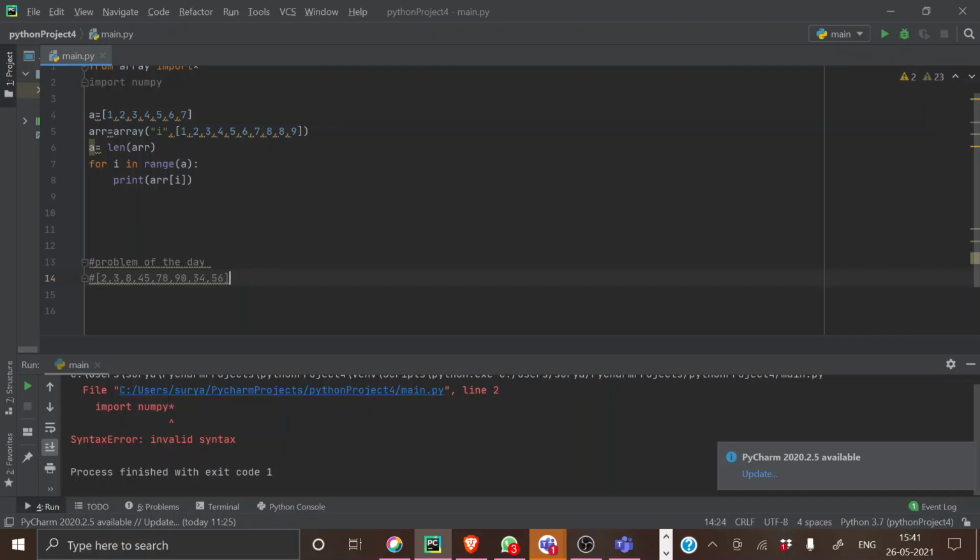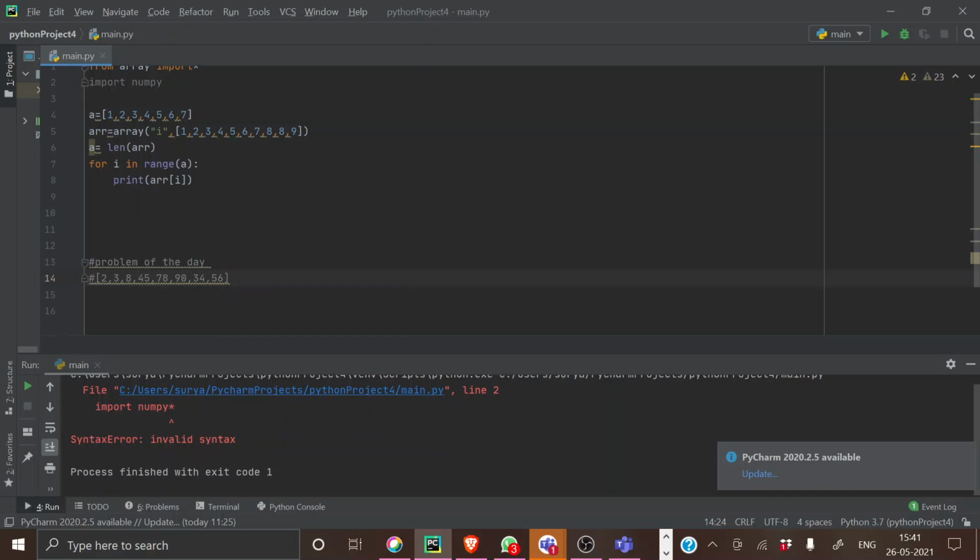Okay, so what I'm going to do is, after giving this array, I'm going to make a function for this problem statement. What that function does is, after giving this particular array, it will multiply each pair of it. Like, if you take this particular list, 2 and 3 is a pair, 2 and 8 is a pair, 2 and 4. You know what a pair is, like two elements is a pair, right? Two elements together is called a pair. So which pair has the maximum value, that should be output.